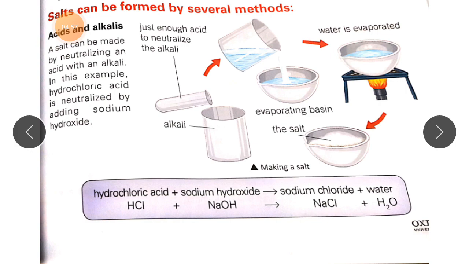So now what happens when we heat this solution, when we heat these chemicals? Water evaporates but the chemicals do not evaporate. The salt which is formed by this reaction will not evaporate because salt can never evaporate. Water evaporates and we get crystals in solid form, and here you can see these are the crystals of salt, and the name of this salt is sodium chloride.